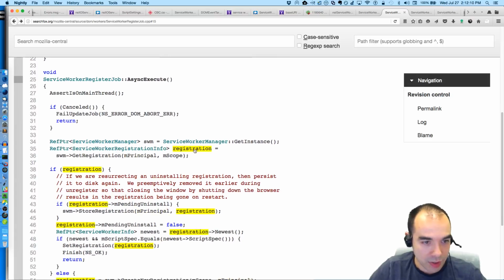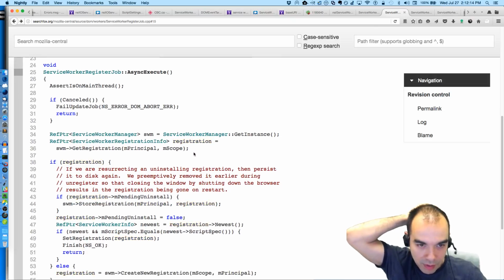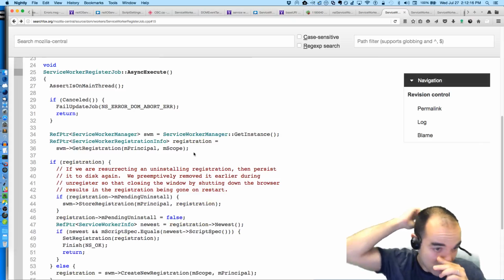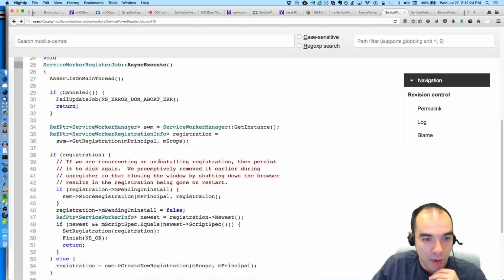We get the registration info. So whatever registration stuff was passed to register. Oh, no. If that's not true. Get registration is if we are resurrecting an uninstalled registration, then persist it to disk again.